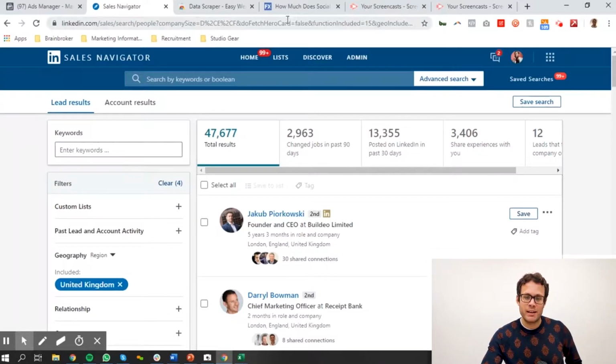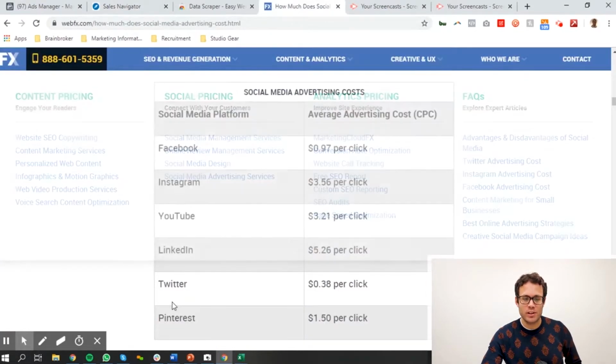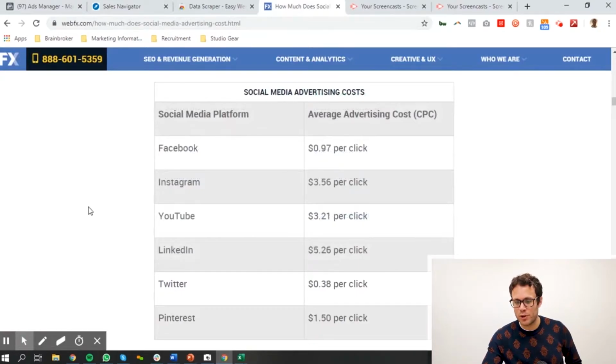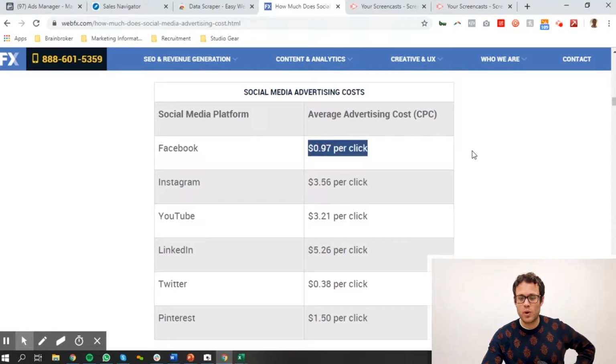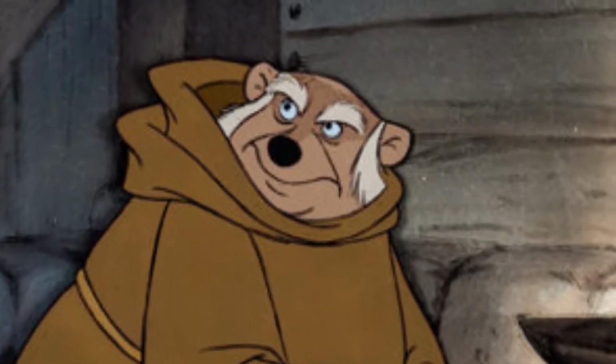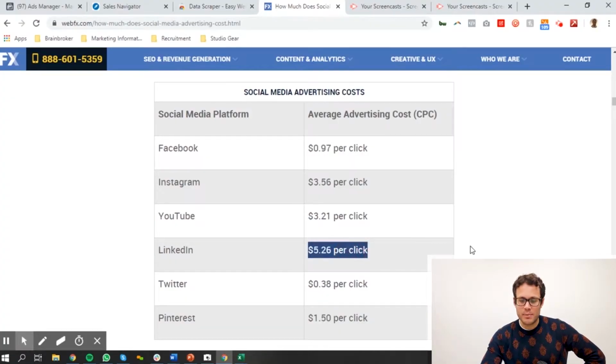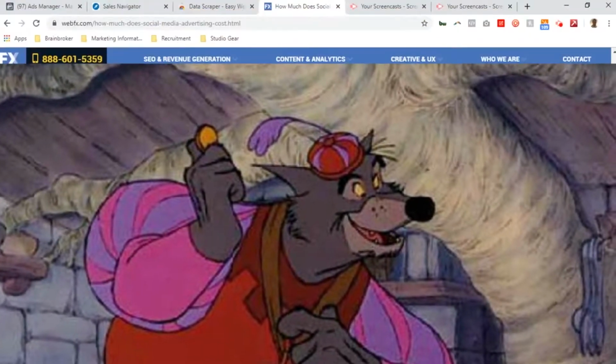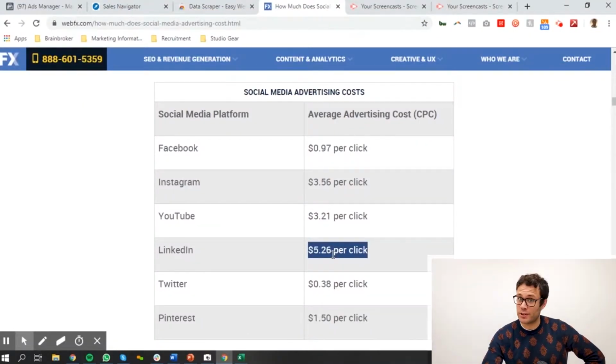But here's where it becomes a bit tricky, right? Let's have a look. This is a company called WebFX who've done a review on what the average cost per click is across different social media channels. So have a look at this. Poor old Zuckerberg in the doldrums with $1 per click. God, he must be hurting. Then you've got Jeff Weiner, quel méchant. Look at this, sitting in his chateau, sipping his cocktails and Mai Tais at $5.26. Boy, oh boy, that's some good advertising revenue for old LinkedIn. Microsoft, well done on that acquisition. Bet you're counting the chips now.